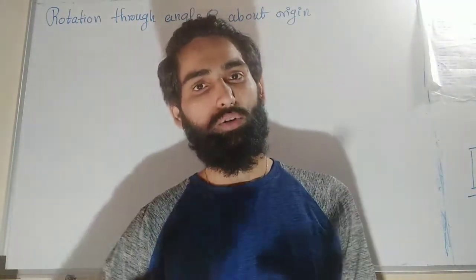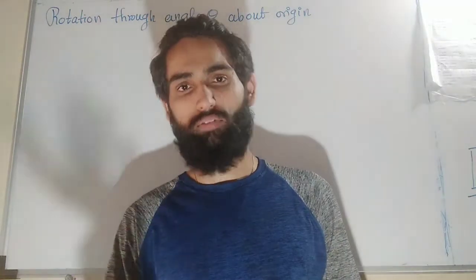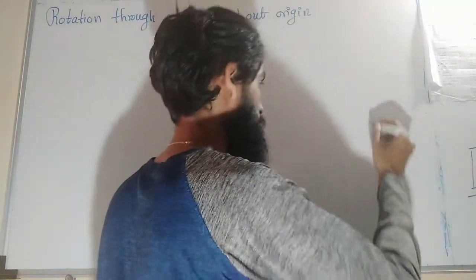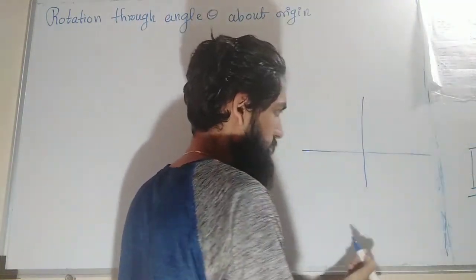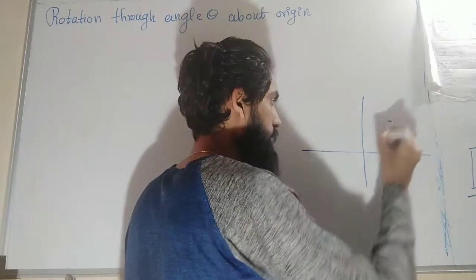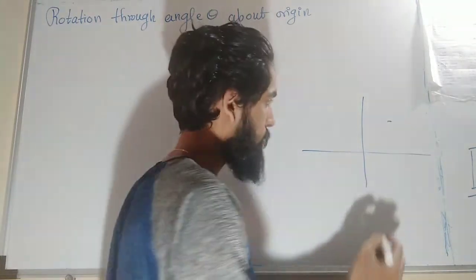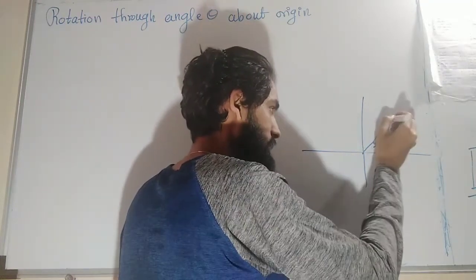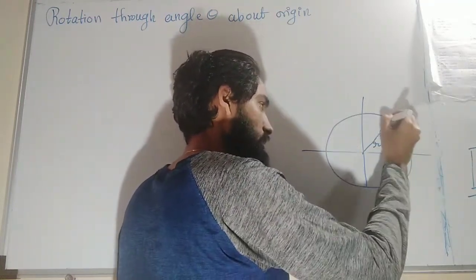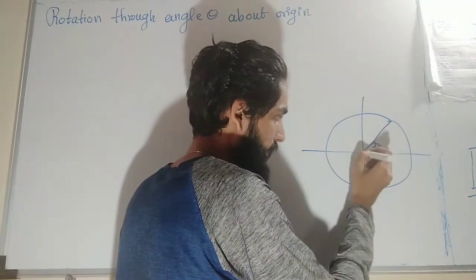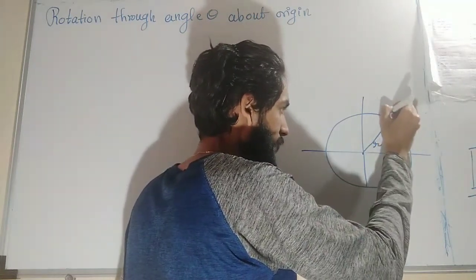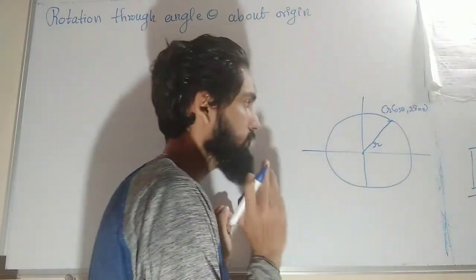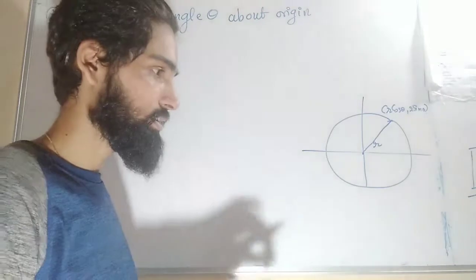But before that, I want students to know what a polar form is, that is, polar coordinates in terms of r and theta, because that will be required in my explanation. So this is my xy plane. Any point over here could be represented in polar form as, I will draw the line like this. If the length of this is r, then I will draw a circle with radius r at origin. Then the coordinate is the same as r cos theta comma r sin theta, right? You have learned this in junior college, so I will require this knowledge.